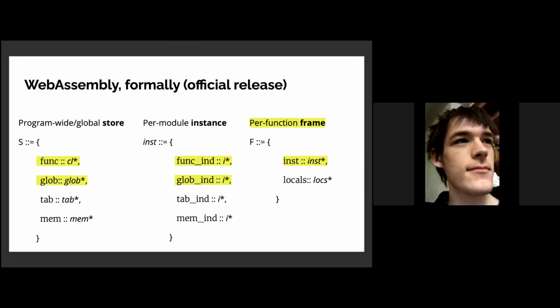So this resulted in these changes to the formal objects in the spec. You can see that the list of declared functions in the program and the globals are now held in the program-wide store instead of being part of the instance, because now you can have multiple modules which share access to the same globals and functions. And the per-module instance now has an indirection into the store in the same way that it did for tables and memories before. And as I said before, the instances are now tracked in the per-function frame instead of being part of the store. So this is just a bunch of shifting around of different definitions, some semantic extensions, but also just a lot of refactorings, which keep the semantic behavior overall the same.